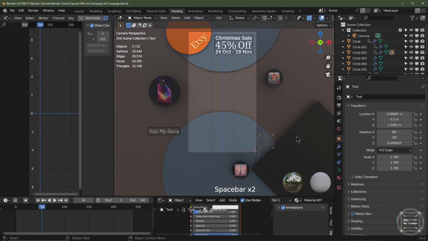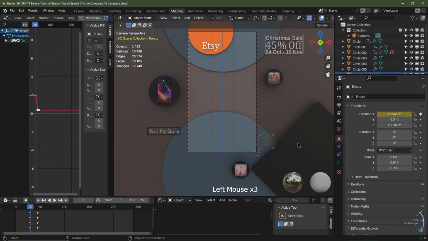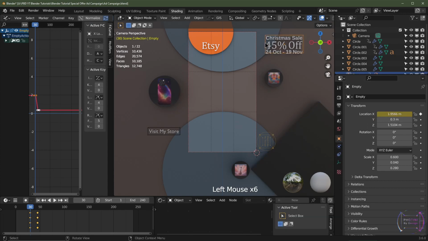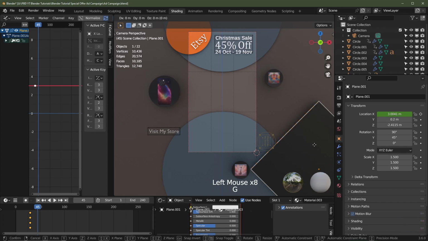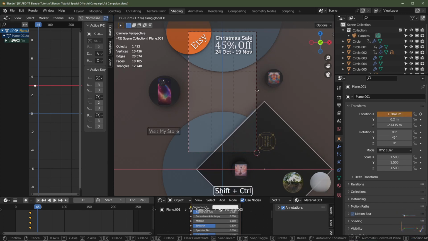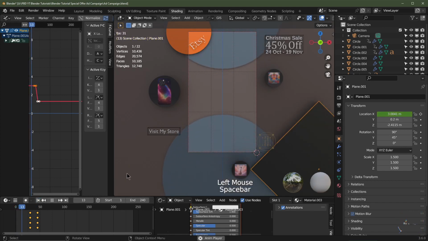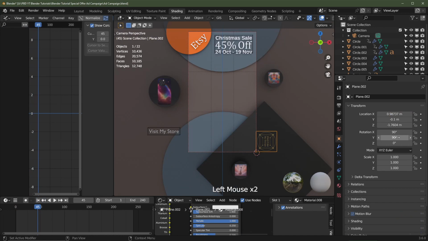As this comes in, I want this to come in too. So I'm going to select this object here. We go to frame 30, we'll select this object, we'll hit a keyframe on the X location, and then on frame 45 we want this to come in to play. GX, just bring this in to that median point, add a keyframe on the X location there, and then as soon as that's hit, I'm going to add a keyframe on the Y rotation for my logo,